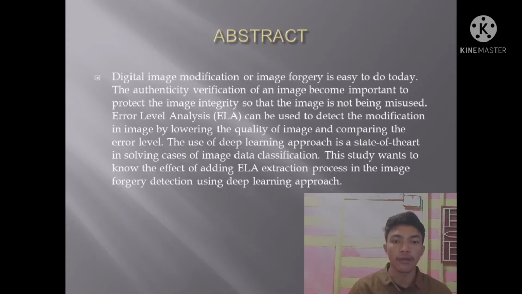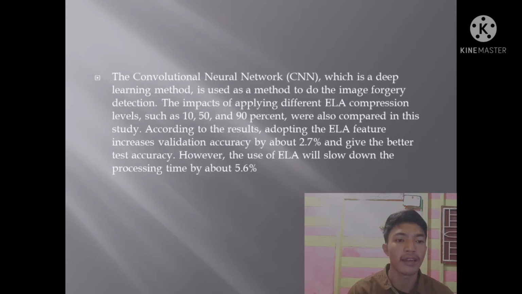The convolutional neural network, or CNN, which is a deep learning method, is used to do the image forgery detection. The impact of applying different ELA compression levels, such as 10, 50 and 90%, were also compared